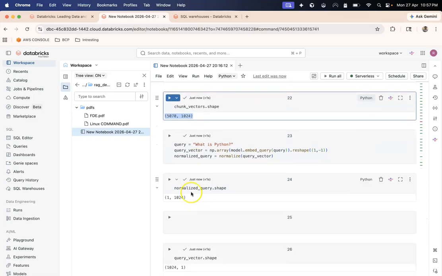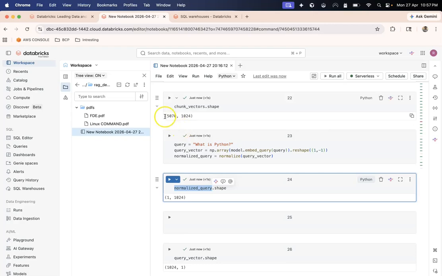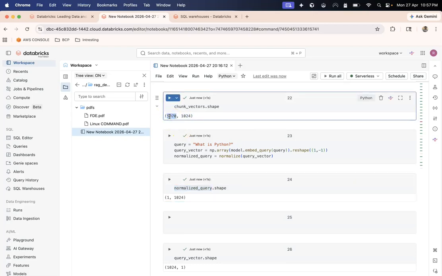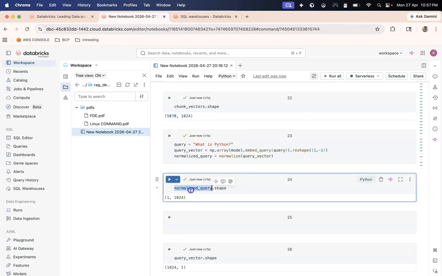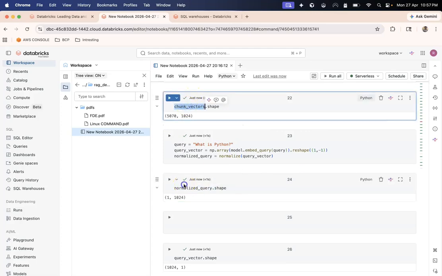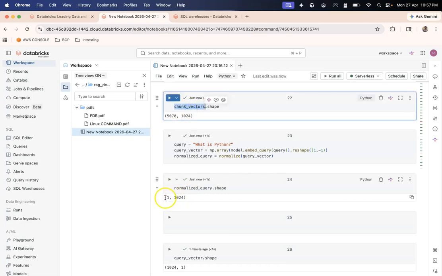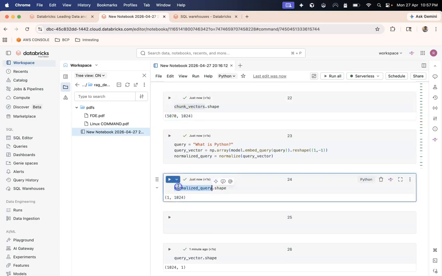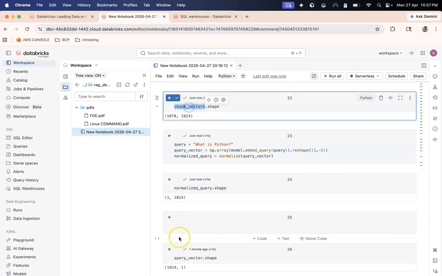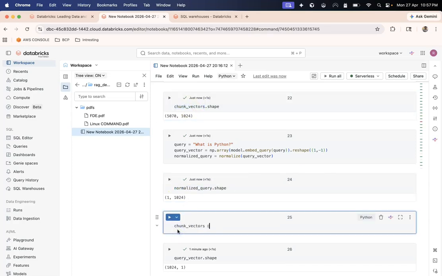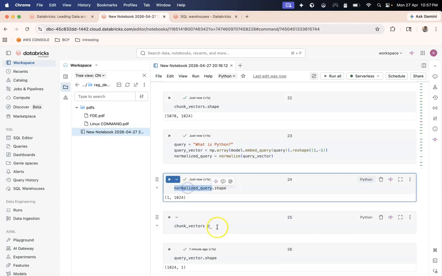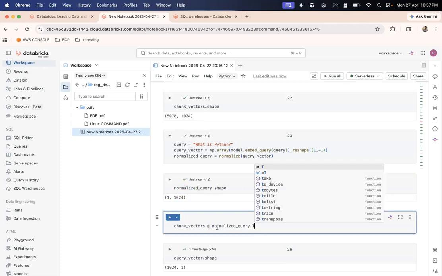And what I want to do is take this query vector and see which of these 5000 vectors are closest to this. For that, since both of these sets of vectors are unit vectors, I can just take a dot product. Okay. So now how do I do that? How can I multiply these? You can see its second dimension is equal to its second dimension. So what I can do is transpose it. So I can do something like chunk vector @ normalized query dot transpose. Let's see what we get.